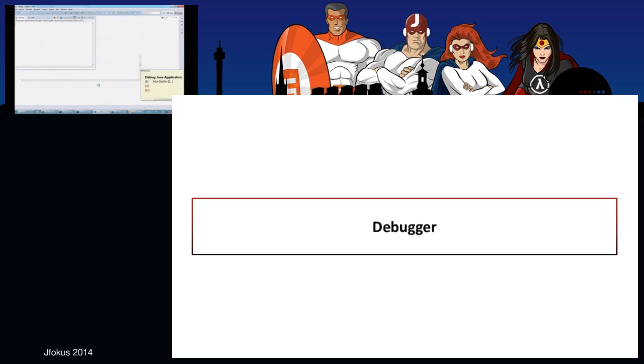Debug as Java application. And now we have this annoying mode in Eclipse, which I don't like. So the first thing we have here right now is a breakpoint for class load of the person, which we set earlier. And if I let the program run again, which is a shortcut F8, for example,